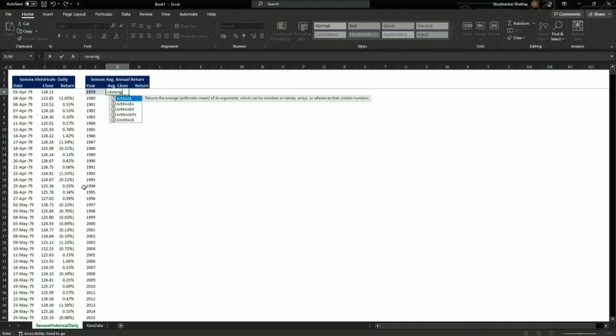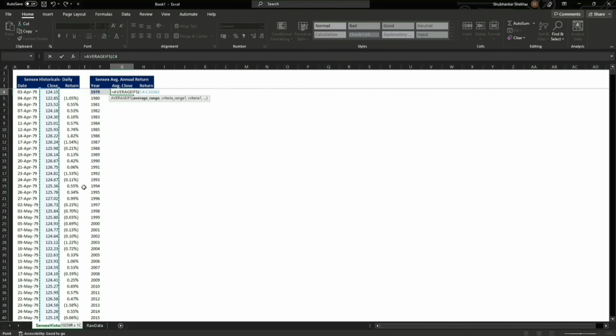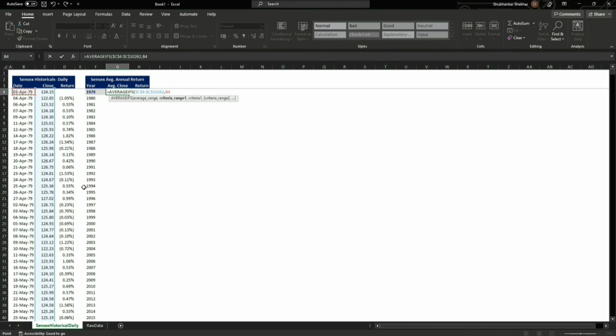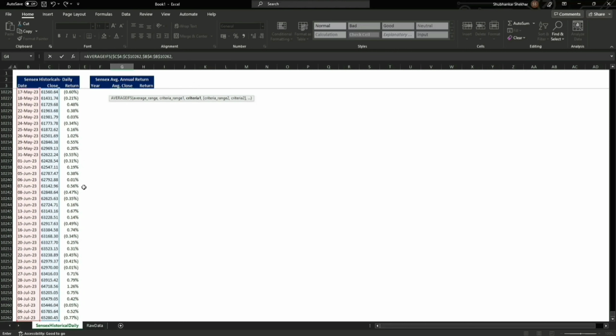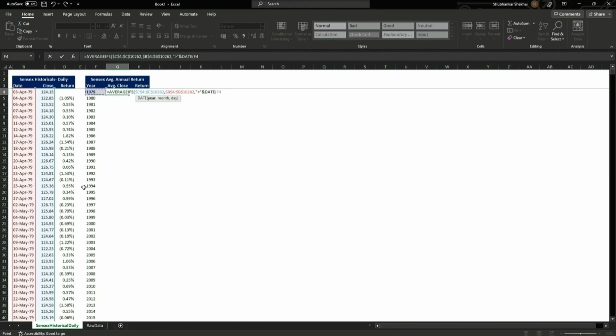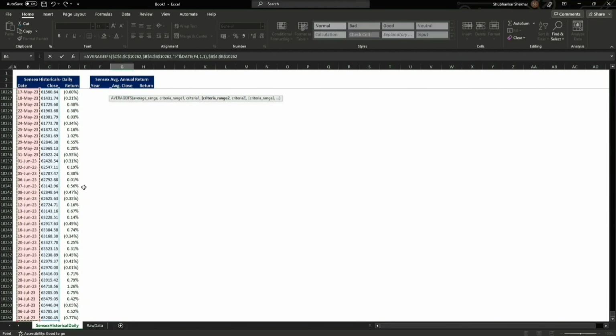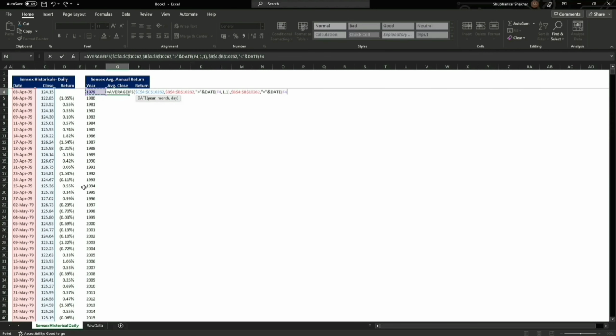So here we are going to calculate the average for each year. The first criteria would be it's greater than this year's 1st of January, and the second criteria again would be based on the dates, that it should be less than this year's December.